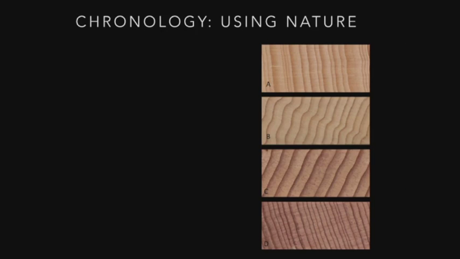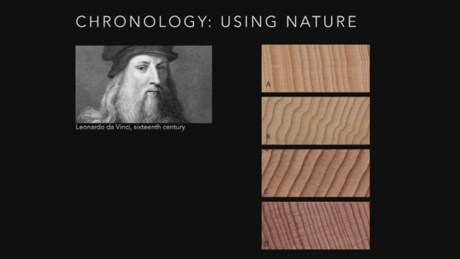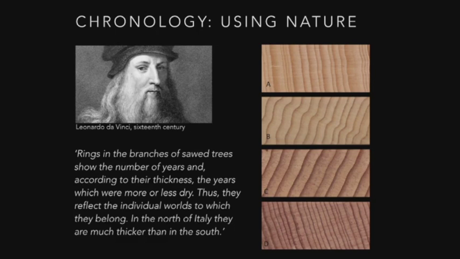The key thing we want to use when we use chronology is we want to use nature. And with tree-ring dating in particular, it's one of the oldest dating techniques around. And this is an example. These are different examples of Tasmanian tree growth, where the fundamentals are that you actually have one ring following another. That actually dates back to Leonardo da Vinci, back in the 16th century.